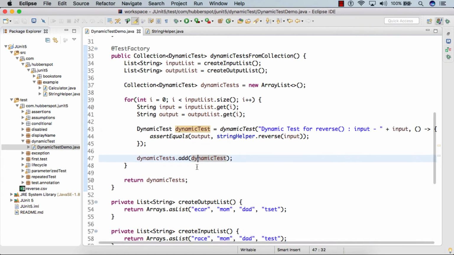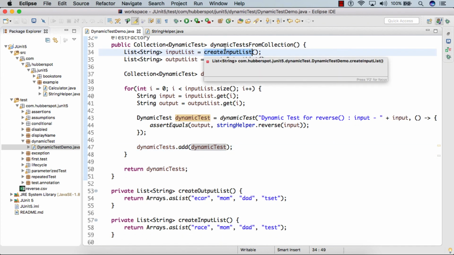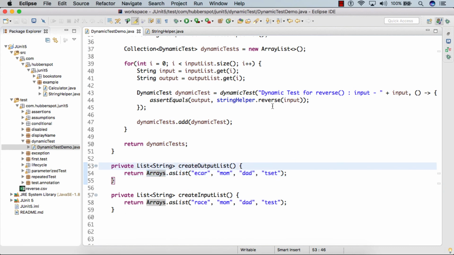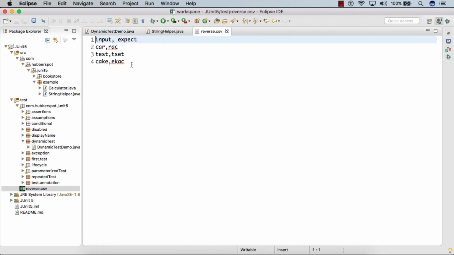So friend, here we saw in createInputList that we simply provided the values in the test itself. Now what we can also do, in createInputList and createOutputList, is write code which reads these values from, let's say, a CSV file or any external file, so that when a new scenario comes up, we don't even modify the test; we simply add it to our CSV or any other file.